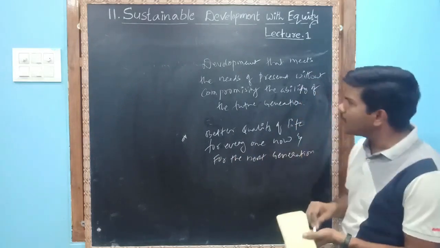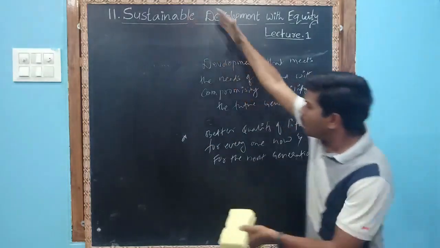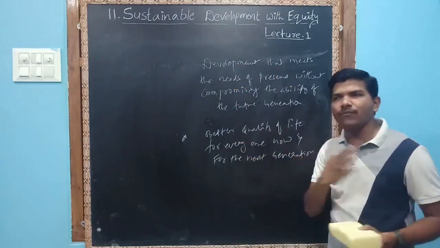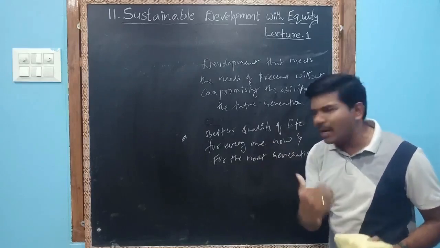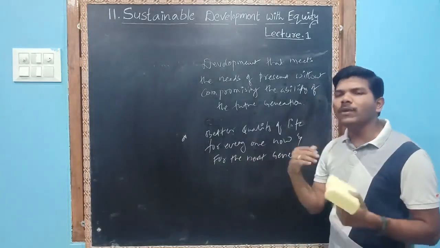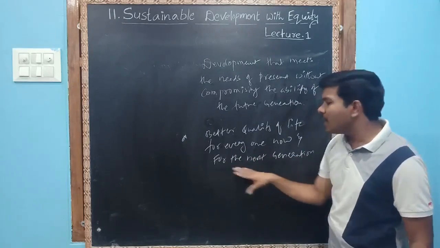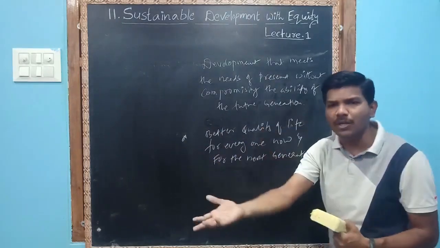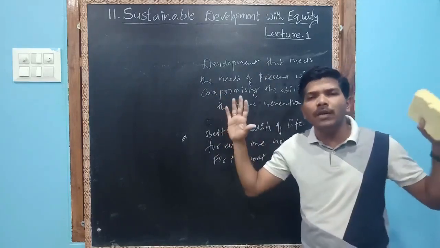So we need to adopt sustainable development. What is sustainable development indicating to us? Better quality of life. We need to live with better quality, a good standard of life for everyone. Everyone has to enjoy their life properly without damaging the environment. This generation and whatever generation comes in the future, those people and we both need to be living in a comfortable environment.